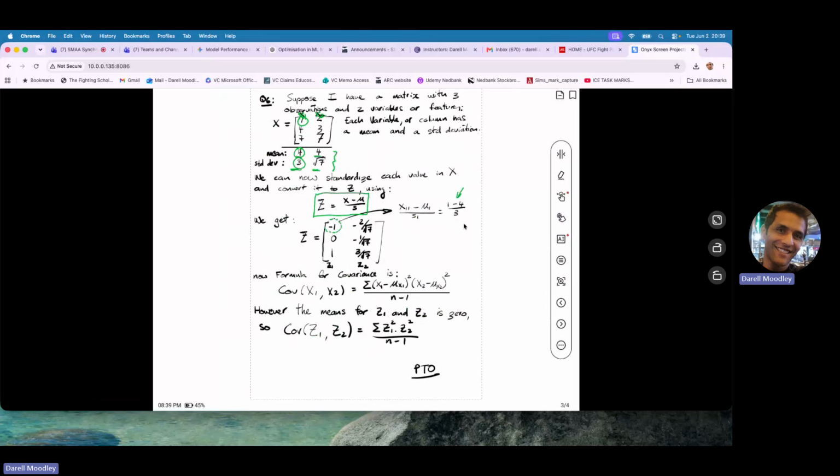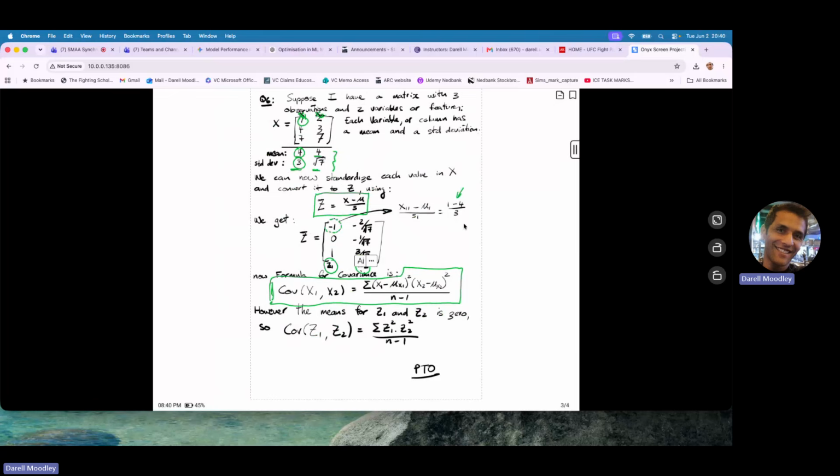I need to do the same thing for all of these x values to get the corresponding z values. Once I have that, I don't have a column of x1 and x2 anymore. I have a column of z1 and z2, the standardized equivalent values. Now I need to use the formula for the covariance. You're not expected to memorize it; you can always just look it up. But this is the formula for the covariance. It's simply telling you, over all the observations, in our case we have 3 rows,